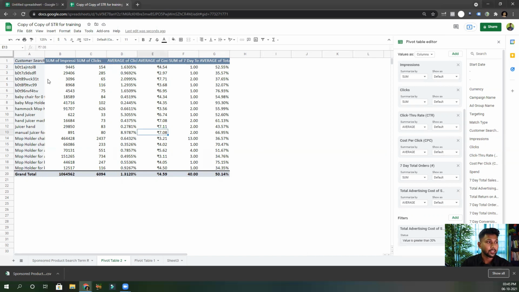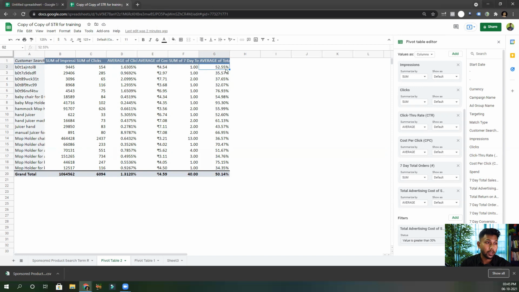After that, obviously, if the search term is eating a lot of ACoS, you have to check in which campaigns the ACoS is very high, and reduce the bid of that campaign, or pause one ASIN in a campaign which has higher ACoS and leave the rest which have lower ACoS.